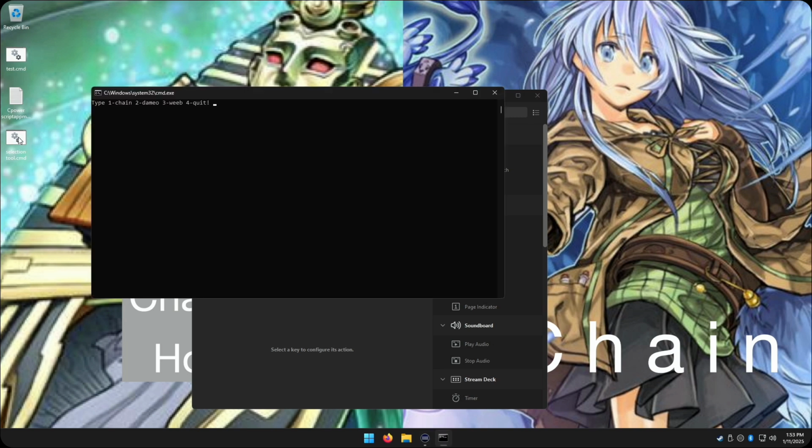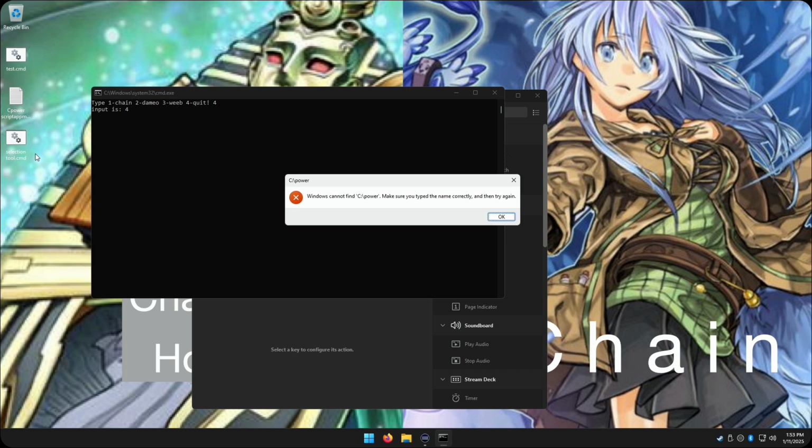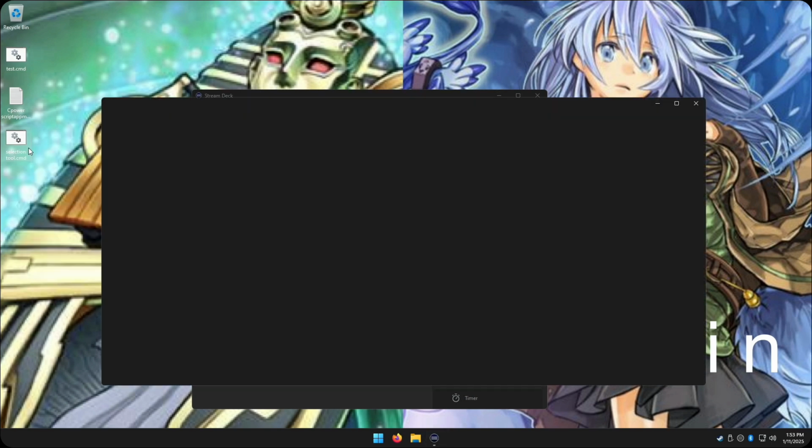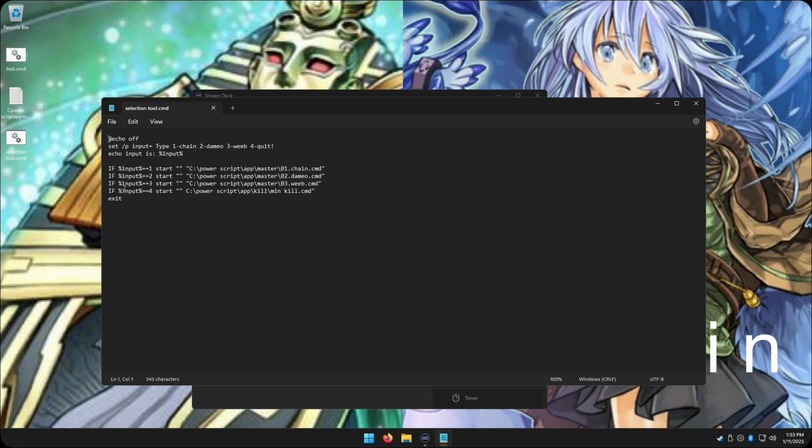So we press this one, double click that again. Now we press 4. When we press 4, it says that that doesn't work. So as you can see, and you'll probably see why, this is the perfect time to run into the error. So 4 didn't work. If we go back here, this is why. I made a mistake and forgot a quotation mark, because that's what happens if you don't add a quotation mark. So if you add a quotation mark and then go file save,